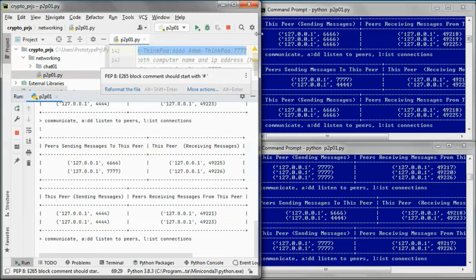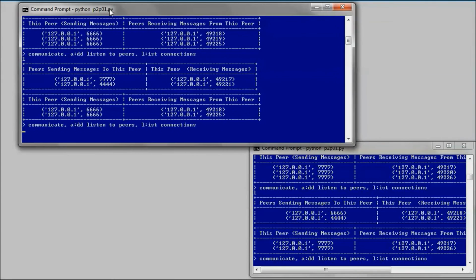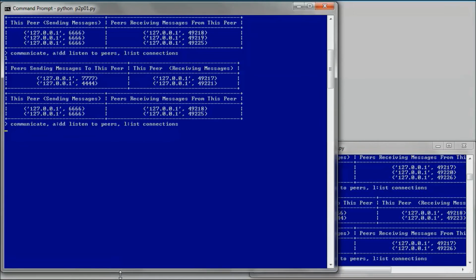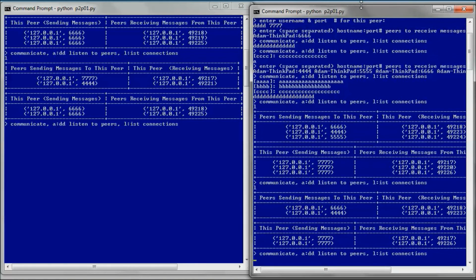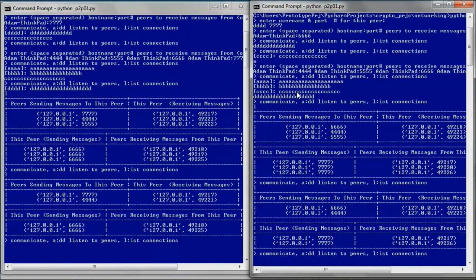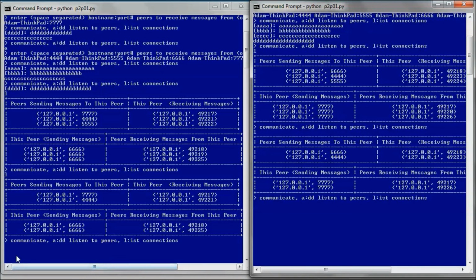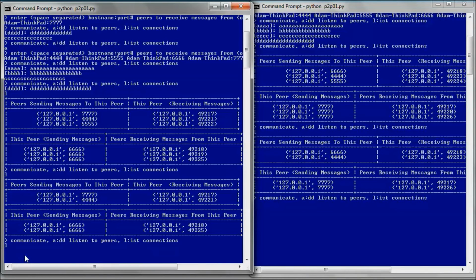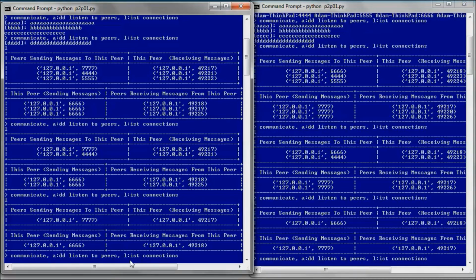And if we remove this one and go ahead and list the connections, and they can send messages to each other.